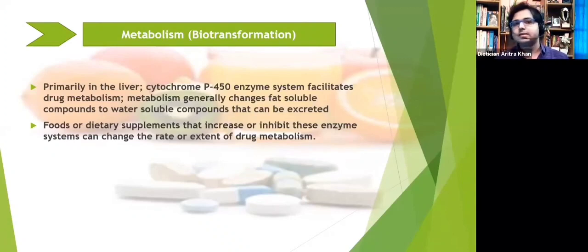Foods or dietary supplements that increase or inhibit these enzyme systems can change the rate and extent of drug metabolism. So we have to see which particular dietary supplement is involved, because there are some cases. If we talk about drugs like warfarin, Coumadin, Aritra, these are basically blood thinners, and we know vitamin K has a role in the anticoagulant effect. So basically, vitamin K is inducing the activity of the anticoagulants. So in that case,